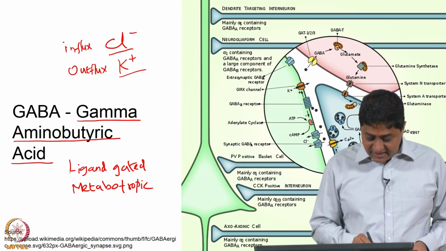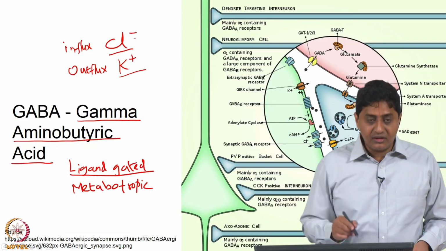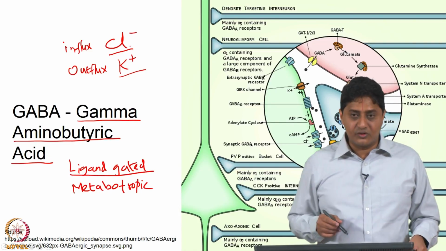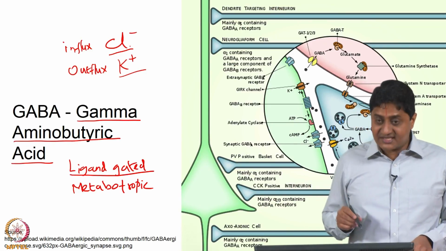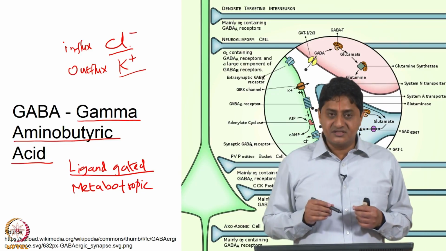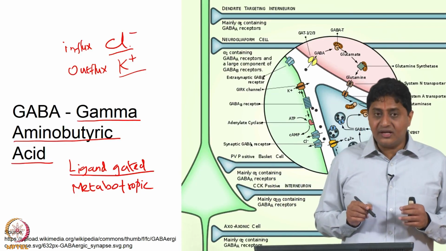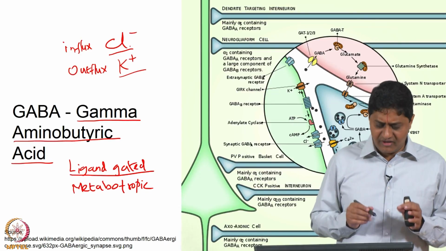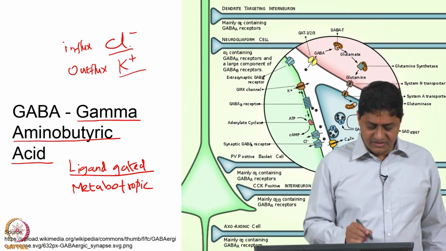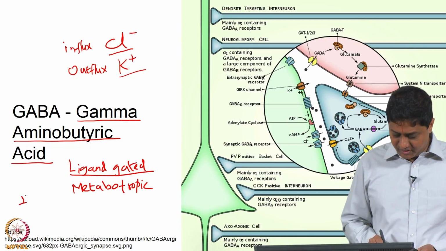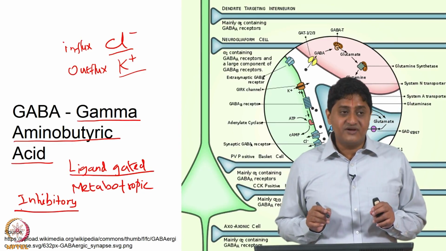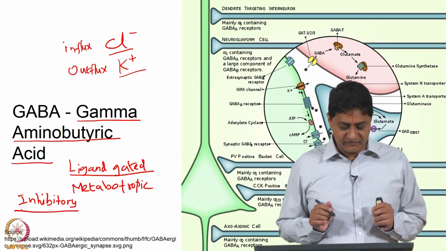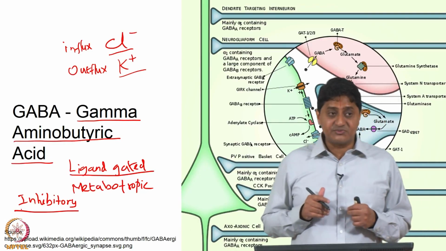Note that this ligand gated ion channel is not a sodium channel, but rather can be one of these two: either a chloride channel that opens inside, or a potassium channel that opens on the outside, thus reducing the chance that this cell is going to go to threshold. And note, in almost all of these cases, this neurotransmitter GABA is inhibitory. Whenever I say most, that means that there are cases where this is not inhibitory. For example, in many insects GABA functions as both excitatory and inhibitory.